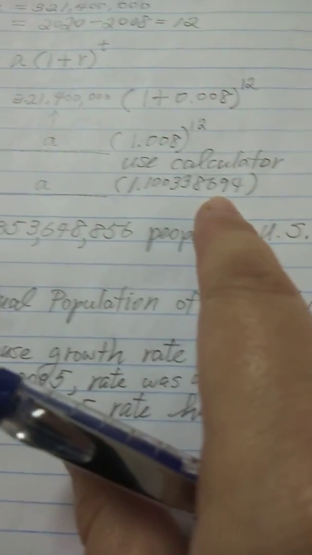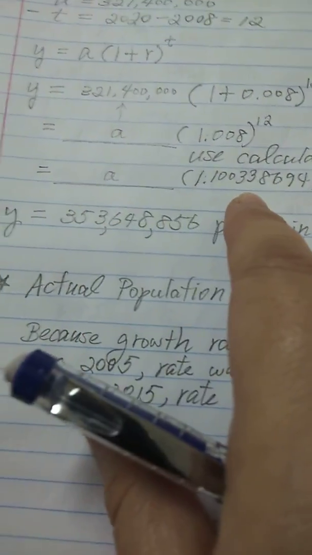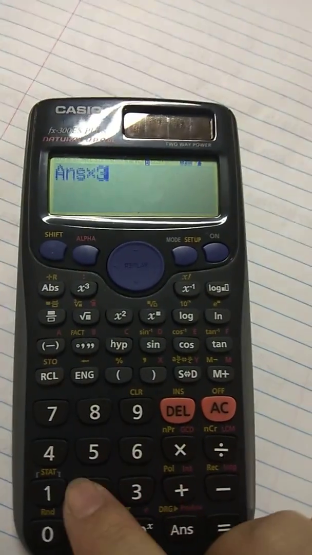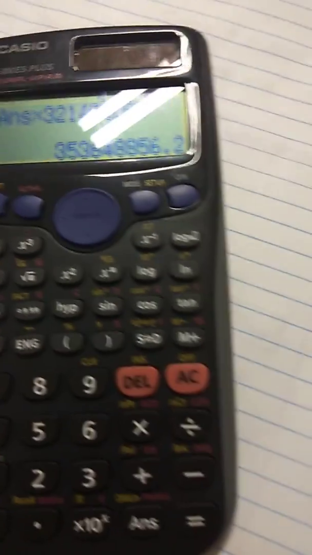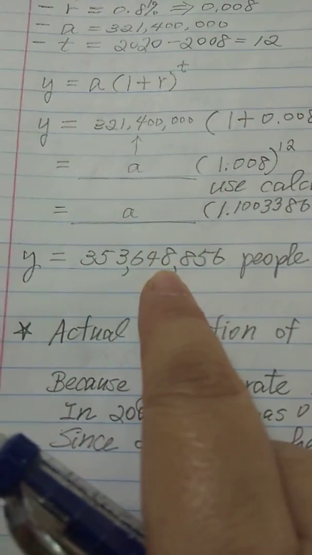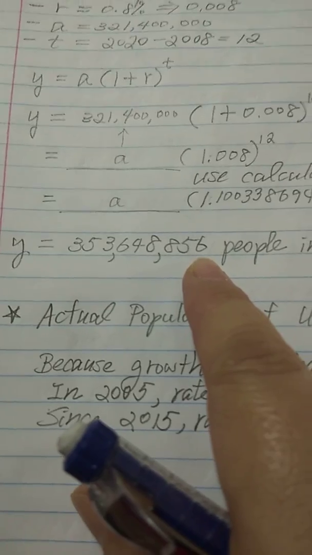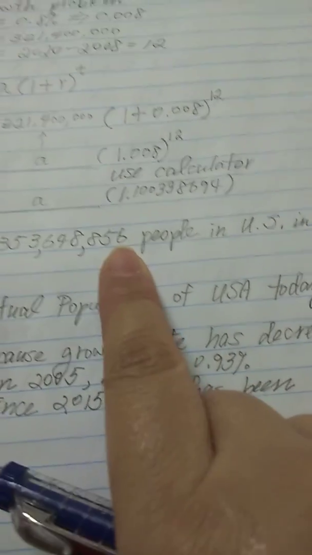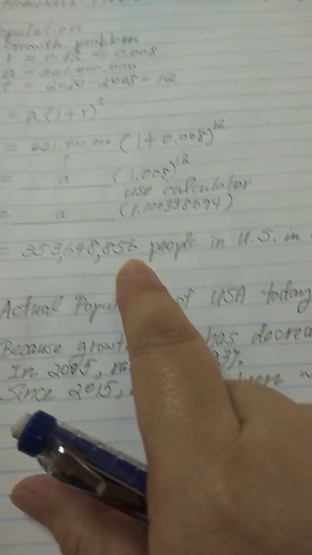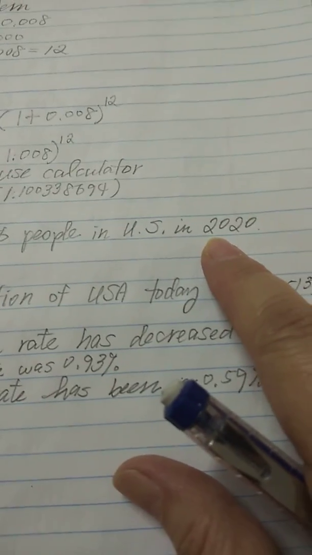So this is the rate that I'm going to be multiplying this number with. Okay, so I'm going to multiply that with 321,400,000, and that will give me the new population, 353,648,856. Now in your calculator it will have a 0.2, but we're going to drop that, okay, because you can't have 0.2 of a person. So that is the estimated population of the United States after 12 years, okay, in 2020, which is where we're